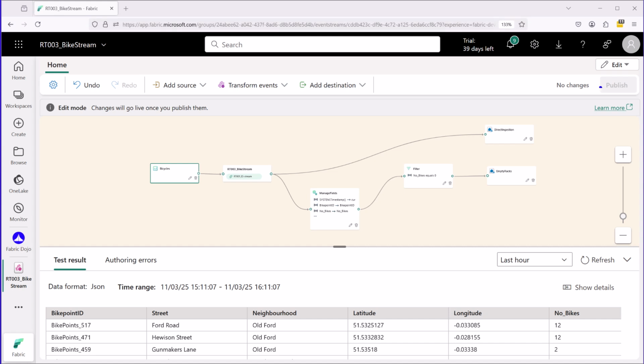So in this event stream, I'm currently in edit mode, right? There are two different modes, edit mode and live mode. Obviously when you publish your event stream, when you're happy with it, it's going to switch over to live mode, and then you can have the ingestion on or off once it's in live mode as well. But we're in edit mode because we want to investigate what's going on in this event